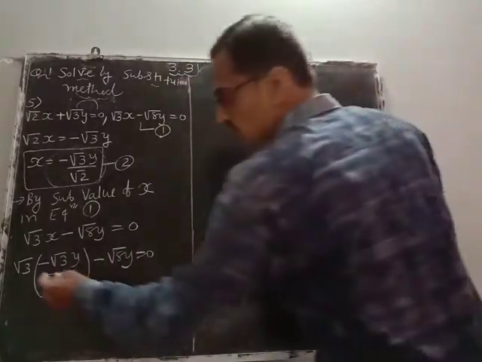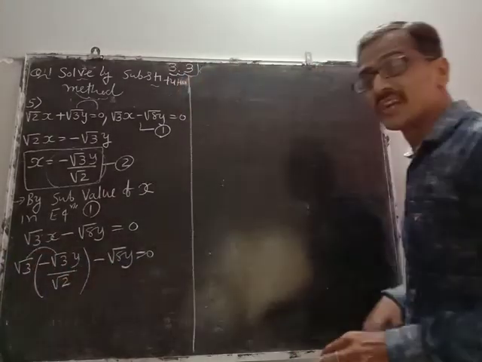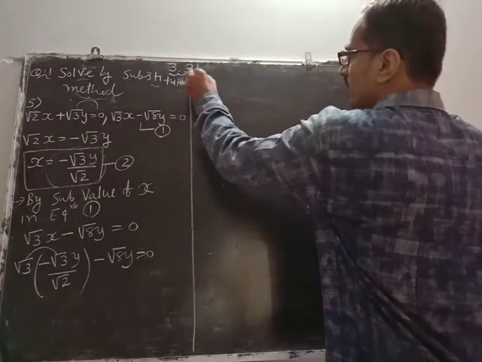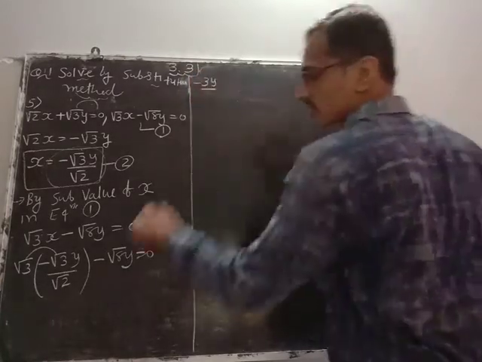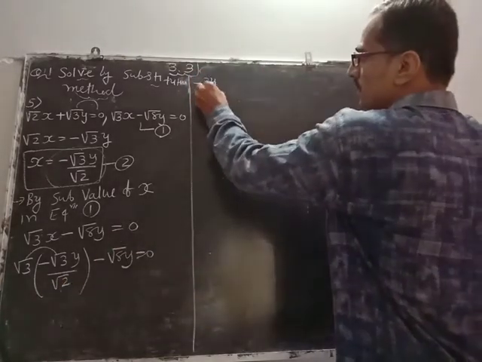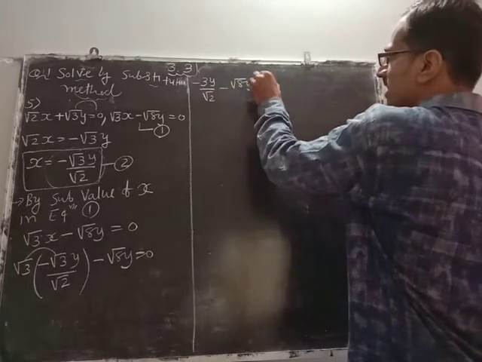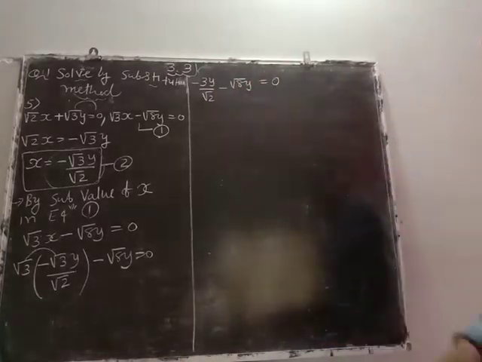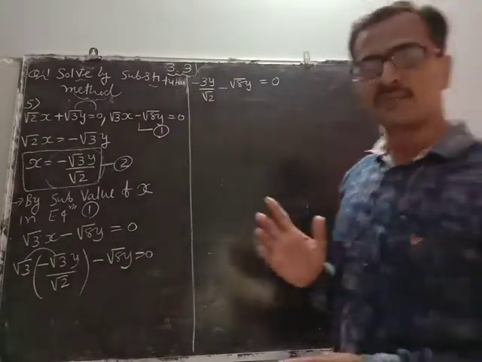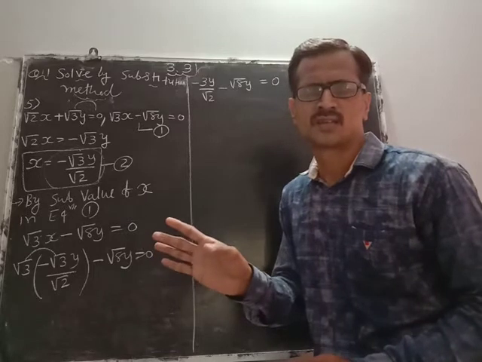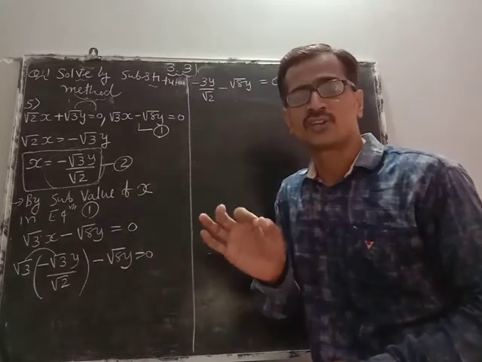Now multiply this root 3 inside. Root 3 into root 3, 3, minus 3y upon root 2, minus root 8y equals to 0. Remember one thing, in any stage while solving the sum throughout the math, if you are getting fraction at the